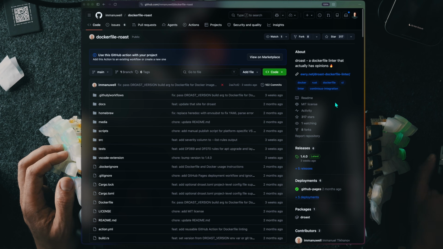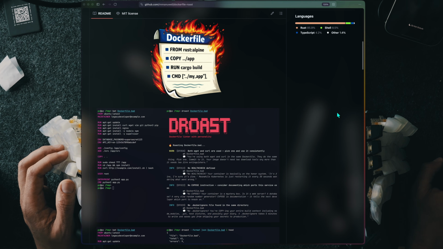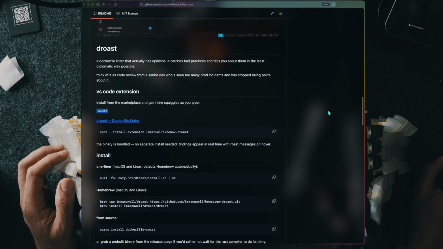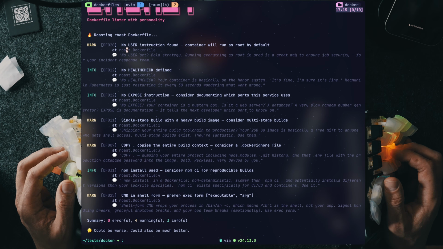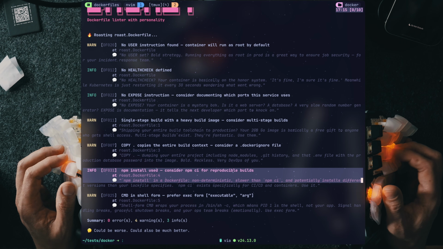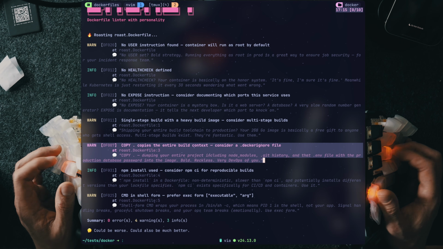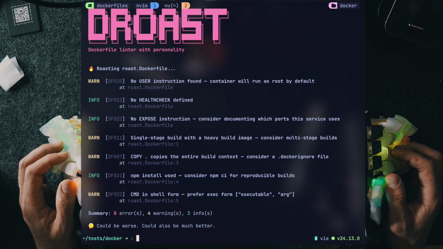Before wrapping things up, I want you to meet droast, a Rust utility that will roast your Dockerfiles so that some of what you've learned in this video will pop out. Great for both local and CI use. Install it, run it with an image name, and it'll give you log style options with info, warn, and actual errors, like npm install to npm ci or copy all without an ignore file. It literally roasts you, and if you don't have a thick enough skin, it comes with a no roast option, giving you the gist of what you probably want fixed.